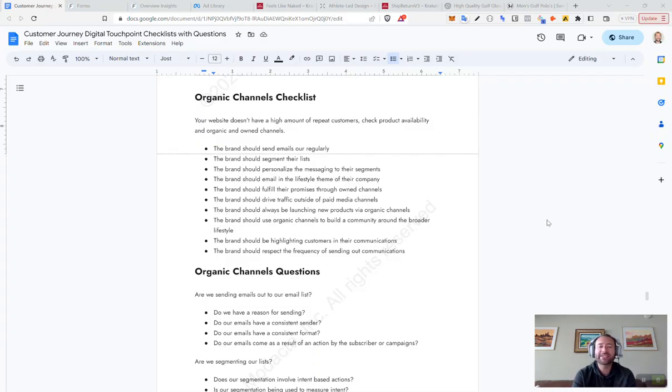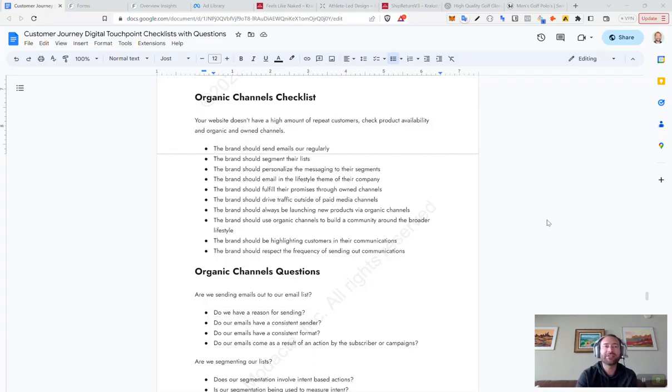Segment your list. Understand what people care about, who the right people to talk to are, and how to talk to them. I don't believe in hypersegmentation, but I do believe in broad segmentation towards certain people that have hit certain thresholds, etc. Should you personalize your messaging to their segments? Yes and no. What I mean by personalization is that you should bucket people into lists where you can help them through product discovery phases.